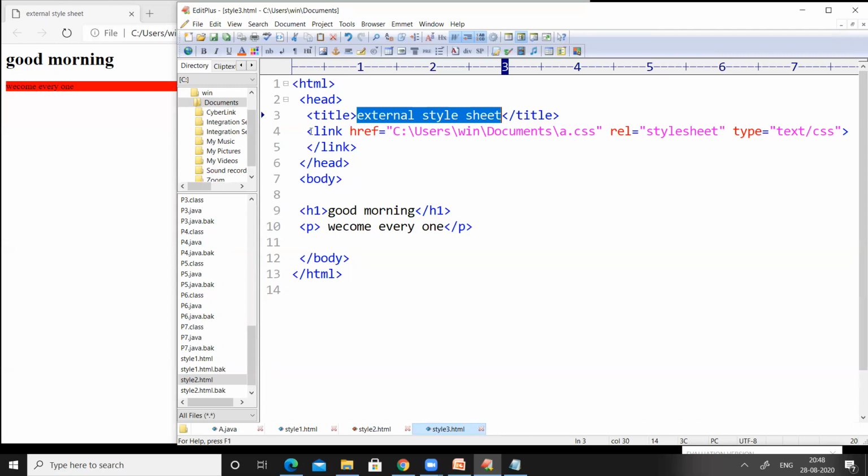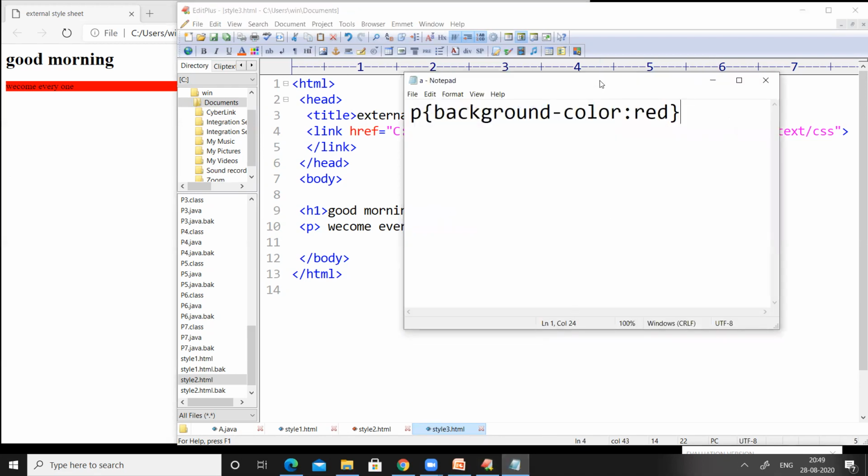And then if you observe the next line on HTML document, we have used a link tag, we have used a href, and we have linked a.css. So a.css is linked to HTML document. So the styles in this particular document are according to the a.css file. So let us open a.css file so that we can have much clarity regarding this file.